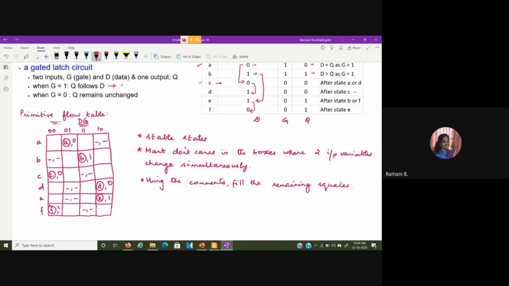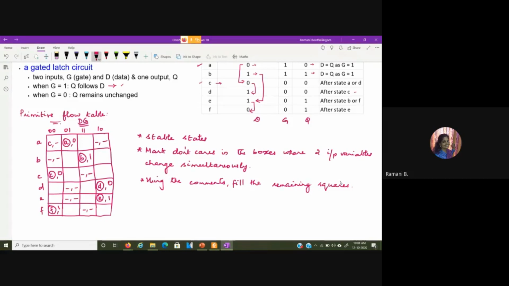So, here we have said that this state C can occur after state A or D. So what this implies is you have to give unstable values of C in this particular row of A and D for this input combination. So this C occurs after A or D. So here I give it as unstable C and the output is given as don't care.